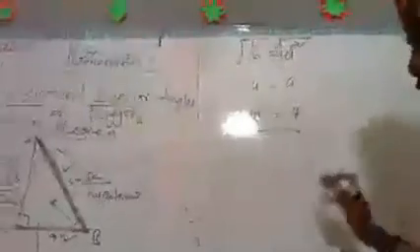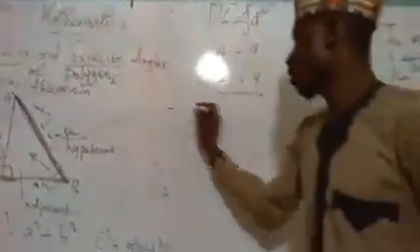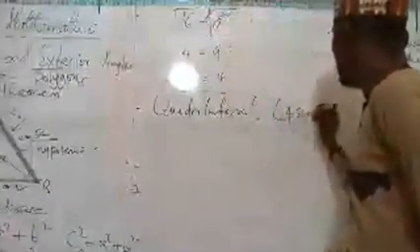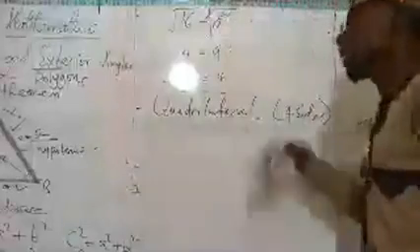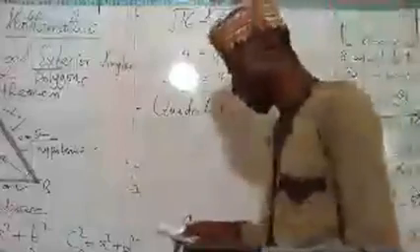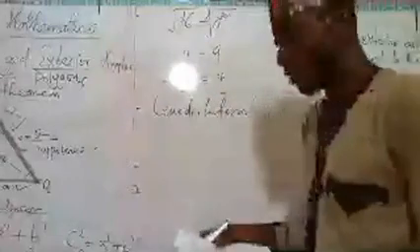You know, I told you polygon, the first polygon is a triangle. While the next one is the quadrilateral. A quadrilateral has 4 sides. There are a lot of quadrilaterals. You know them, we have done properties of quadrilaterals. But let me give you those things you need under this quadrilateral. The first thing is the sum of